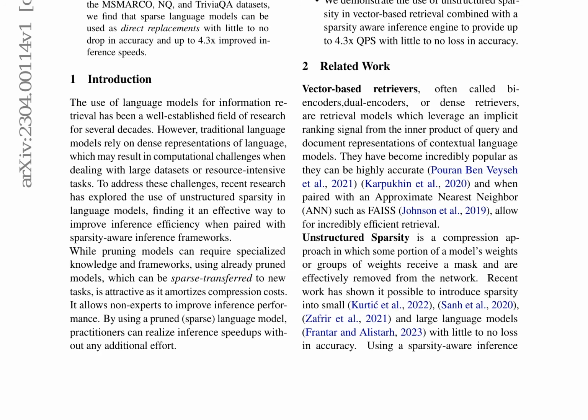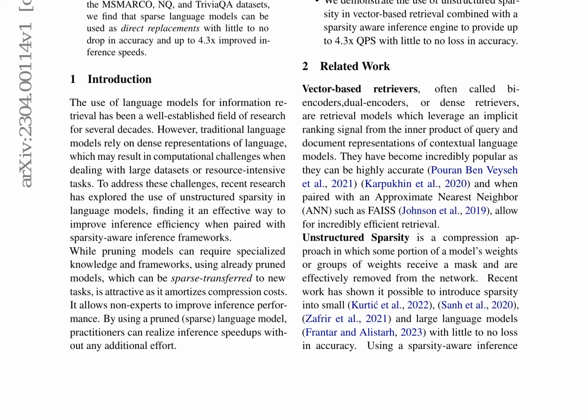To apply sparse transfer learning to dense retrieval, pre-trained sparse language models are utilized. Specifically, the oBERT 12-layer encoder model is employed, which exhibits 90% unstructured sparsity and 80% block sparsity. This model is used as a drop-in replacement for the uncompressed BERT base. The effectiveness of the oBERT models is evaluated on various retrieval datasets, including MSMARCO v1.1, NQ, and TriviaQA passage retrieval datasets, using the Tevatron library and Hugging Face transformers. The training hyperparameters used are listed in Table 1.